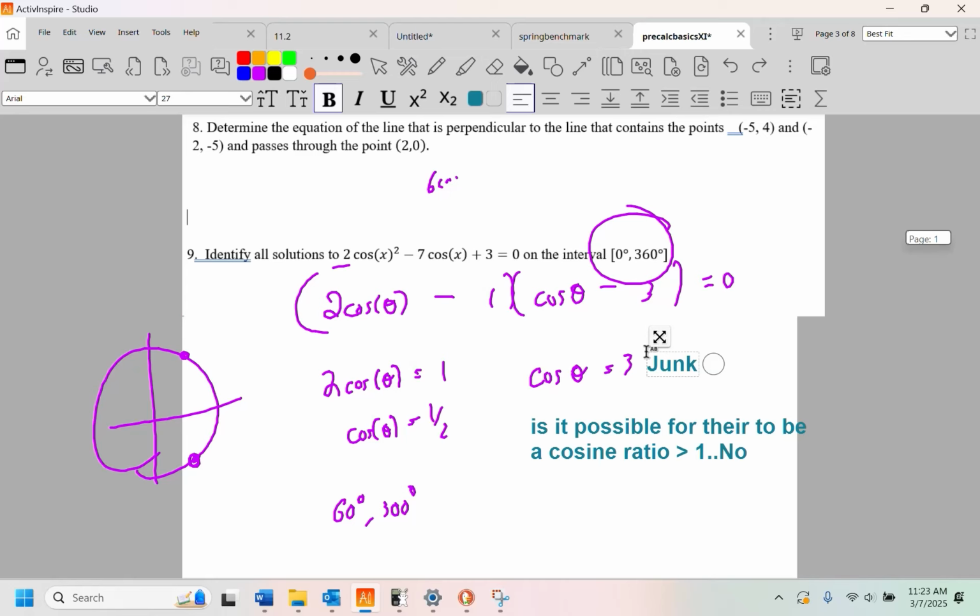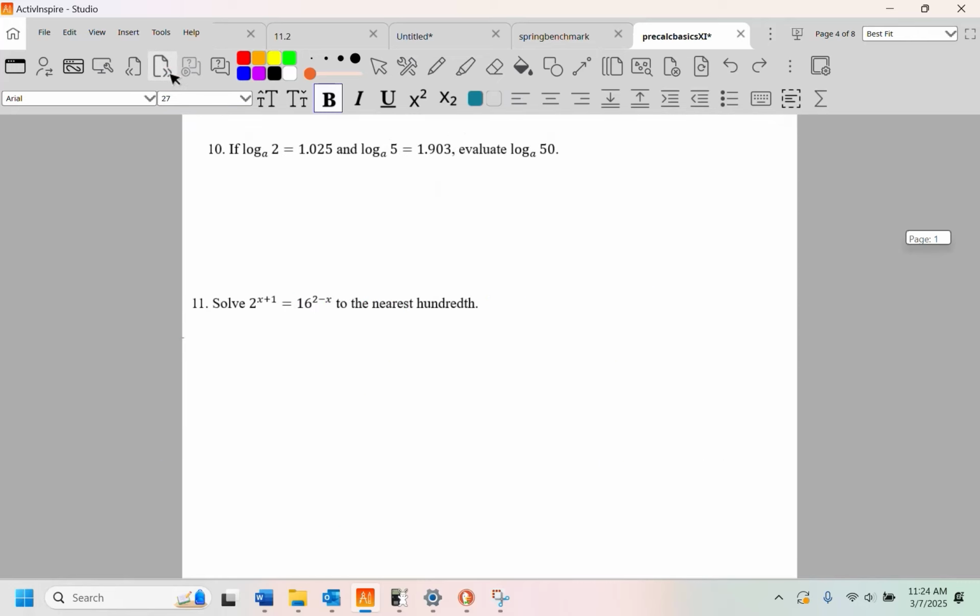Don't try to think that you're like some educated person. You say, oh, it's extraneous because I'm intelligent. No, it's nothing. It's meaningless. It's not extraneous because extraneous is an answer. This is not an answer. That's junk. Number 10, if log base A of 2 is equal to 1.025 and log base A of 5,